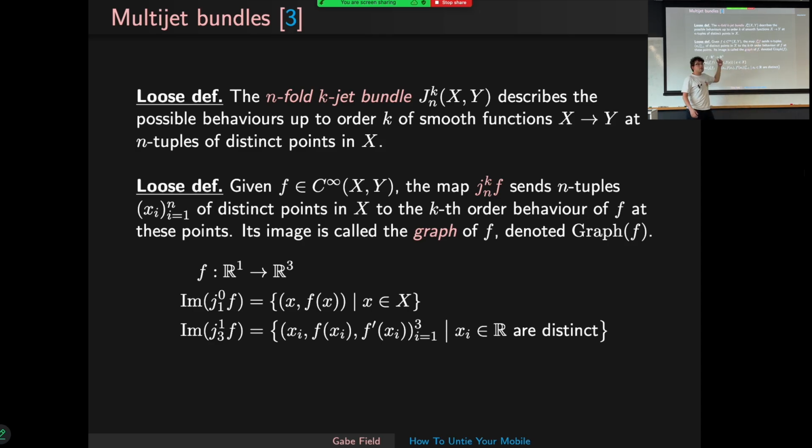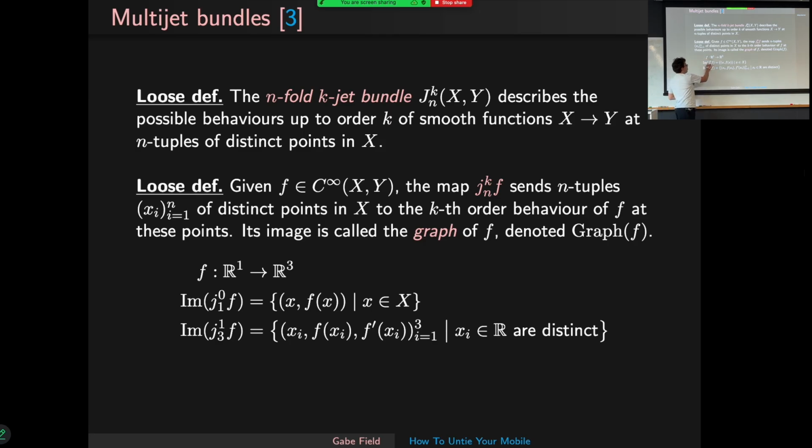What it does is it sends such n-tuples of distinct points to the kth order behaviors of f at those points. Again, I'm being very, very loose. I'm also going to call the image of one of these maps the graph of f and denote it by graph of f. So, for example, if f goes from R1 to R3, and I look at J01 of f,